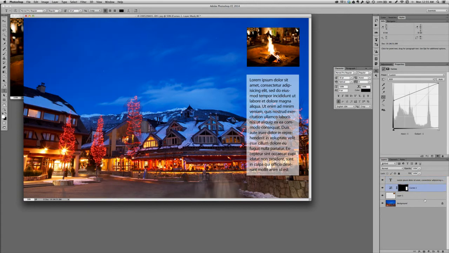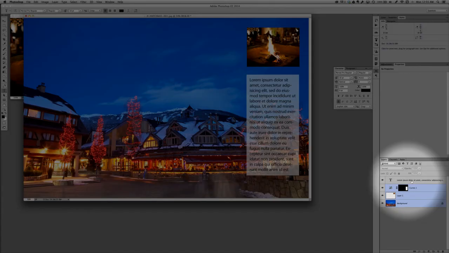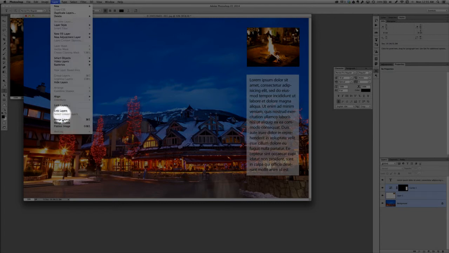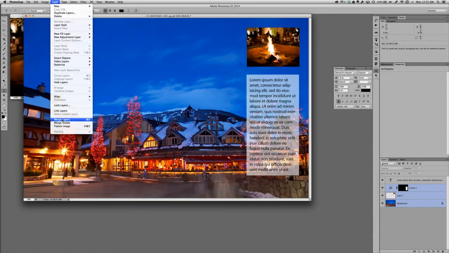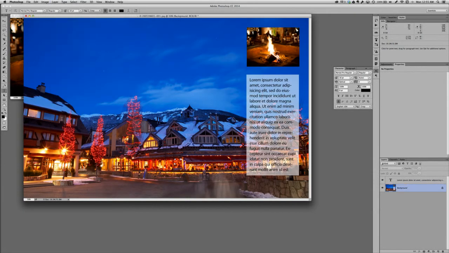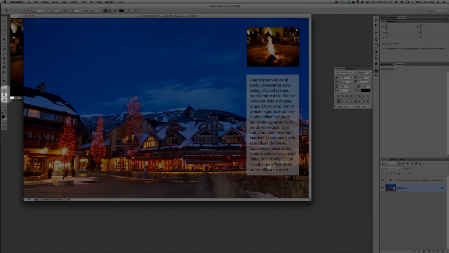So if you want to flatten your layers but still keep your native type layer, select the pixel-based layers, go to the Layer drop-down menu, and choose Merge Layers. That will merge the layers that are selected, which are pixel-based, while leaving your type, which is vector-based, on its own separate layer. So just to recap, a lot of times when we're creating type in Photoshop, don't forget after